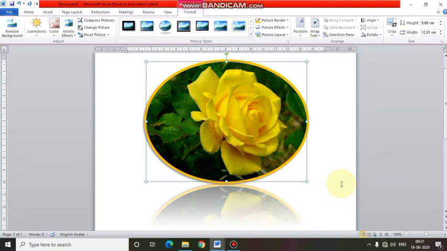Now you can improve the appearance of your picture or clip art by adding various types of style, as we already seen. Applying picture effects is also covered. So in this way you can edit any picture in a document. You can also insert picture using the Microsoft application in your mobile. But it is a bit complicated in that. If you are having a laptop, then I suggest you to use laptop or a desktop computer.